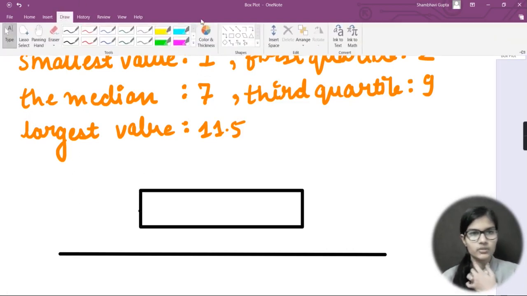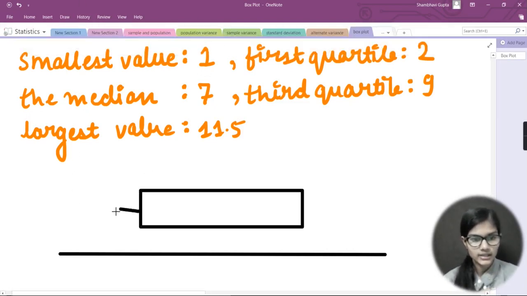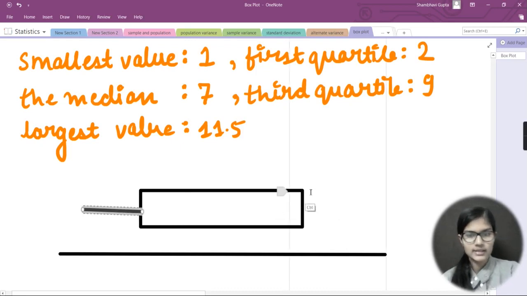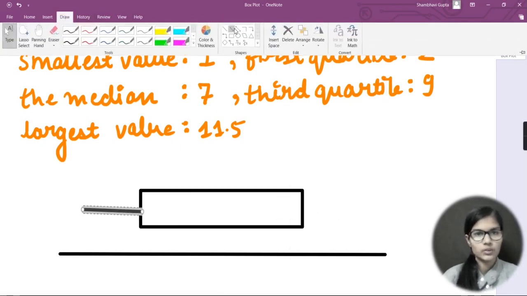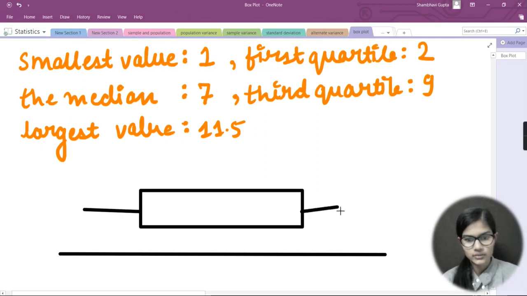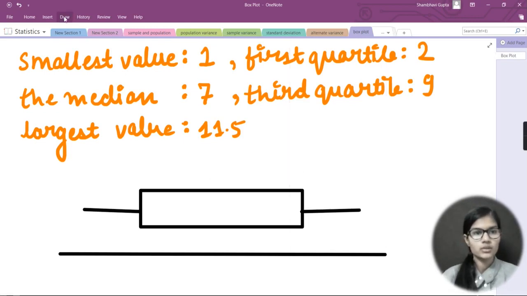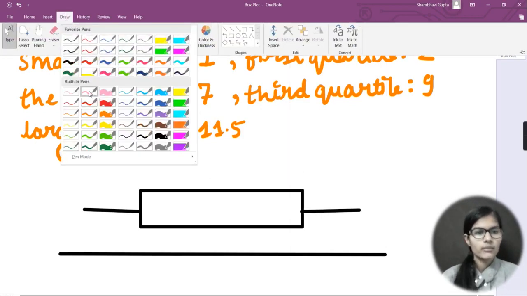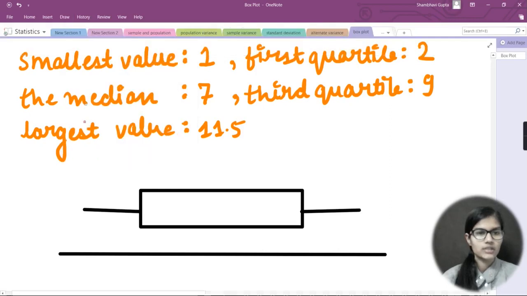Now I would take a line and make a line something like this from here, and I would do the same thing on this side also, right? Let's erase this one and draw a new line. I'm so sorry that these are not straight, but my main motive is to tell you everything in detail, what the basic points are and what I need to tell you.